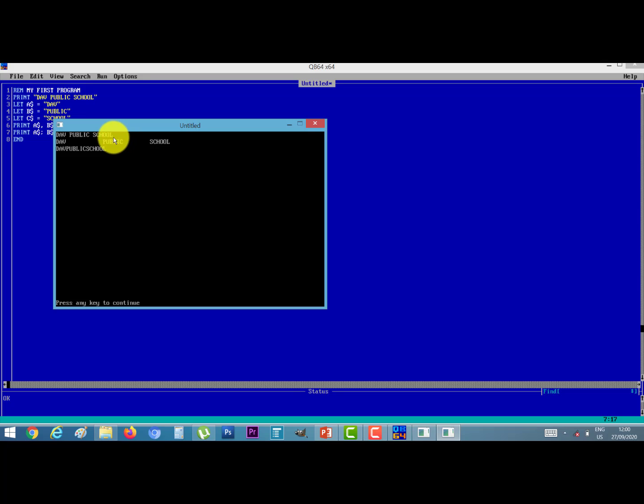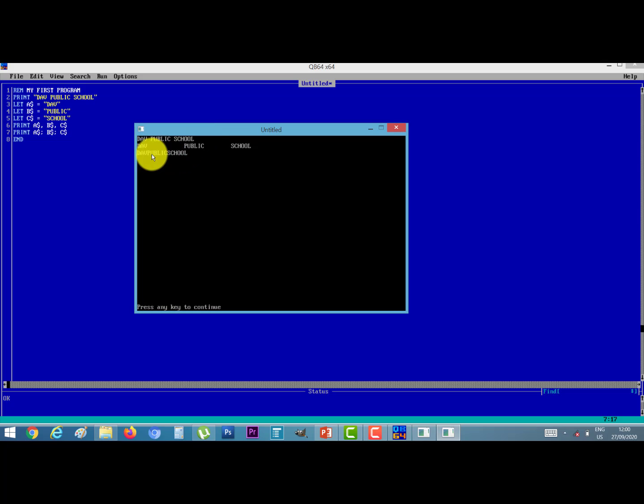This is the result. You can see the difference between this line and this line.